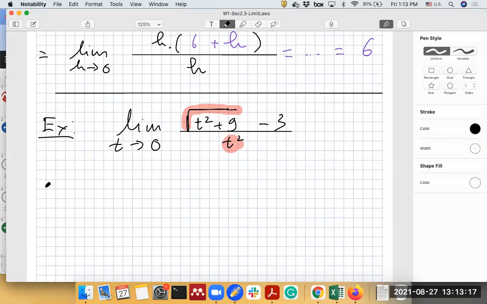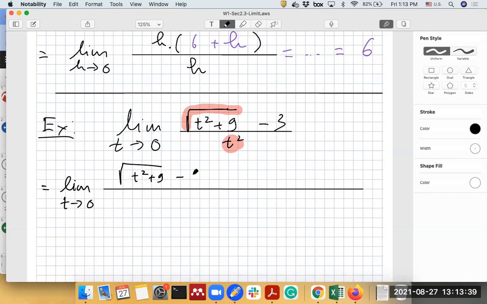So any of you has a suggestion? I don't know what to do with this guy. It's so difficult. Help me. Yes, it's a good strategy. Look at this. This guy is something minus something. If we multiply it